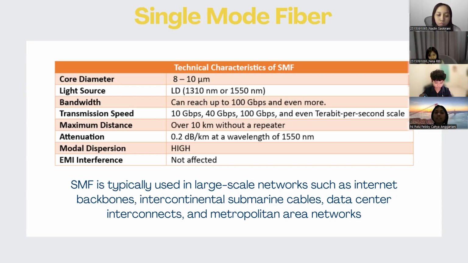It supports extremely high bandwidths, up to 100 Gbps and beyond, with transmission speeds reaching even the terabit per second scale. One of its biggest advantages is its maximum distance of over 10 kilometers without needing a repeater, along with the very low attenuation of just 0.2 decibel per kilometer at